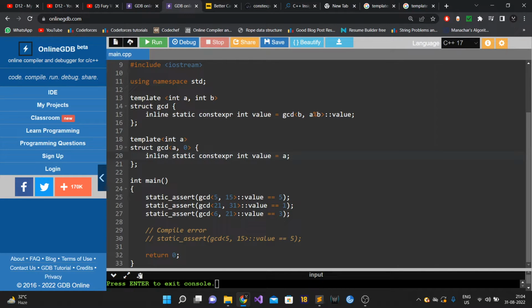So this is basically our base case. What would happen when I call this GCD, when I am calling the template with these arguments 5 comma 15? It would instantiate the corresponding structure from this struct template at compile time, and recursively, since this value is initialized by this GCD b comma a mod b,